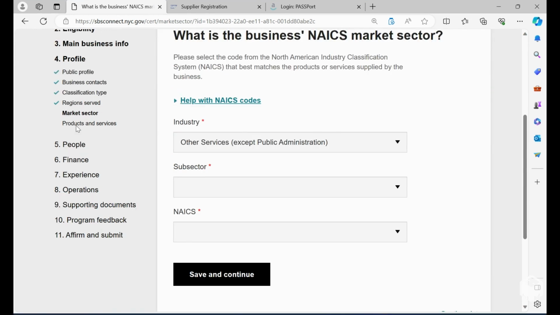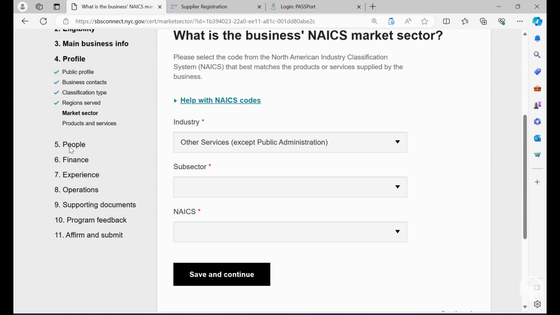So the next is products and services, which should be a continuation of the marketing sector. But products and services, you're just going to explain to them or choose the products and services that your company will be providing for the government.